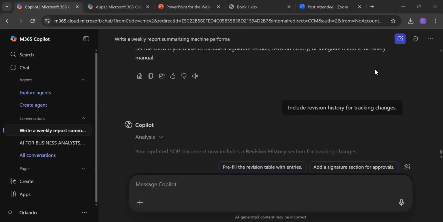Anyone else, please? You can also type it in the chats. Anyone else with questions or inputs or comments?